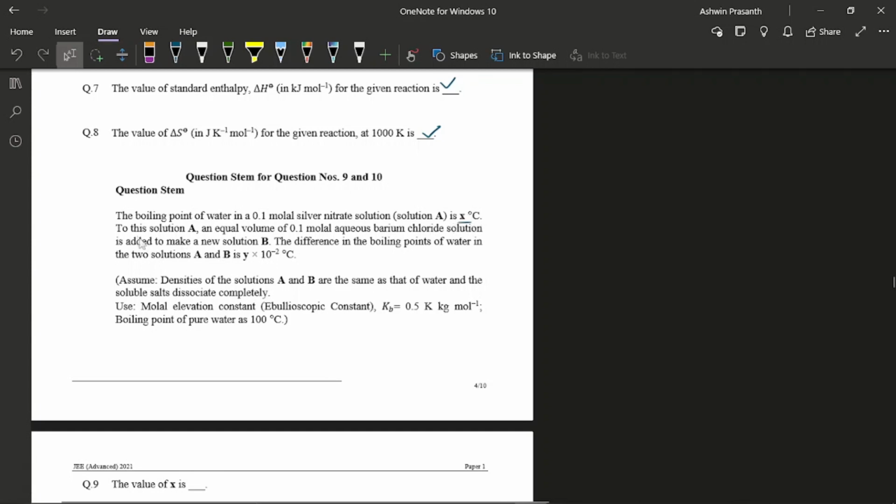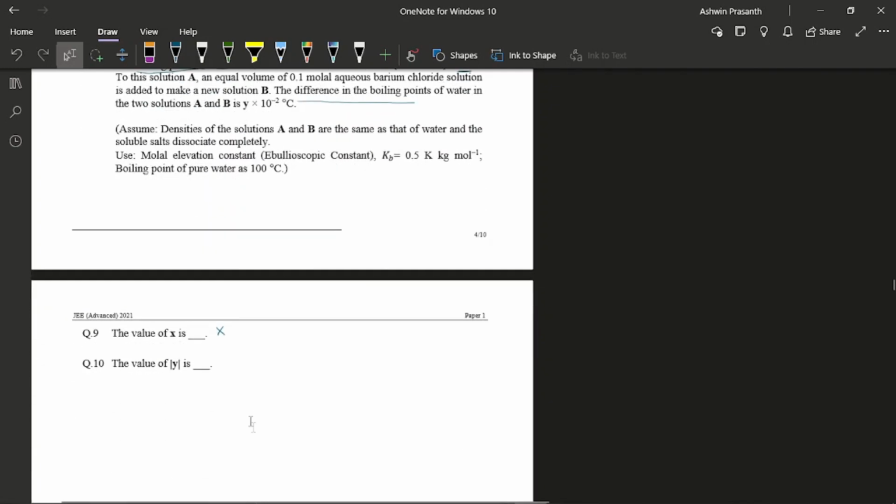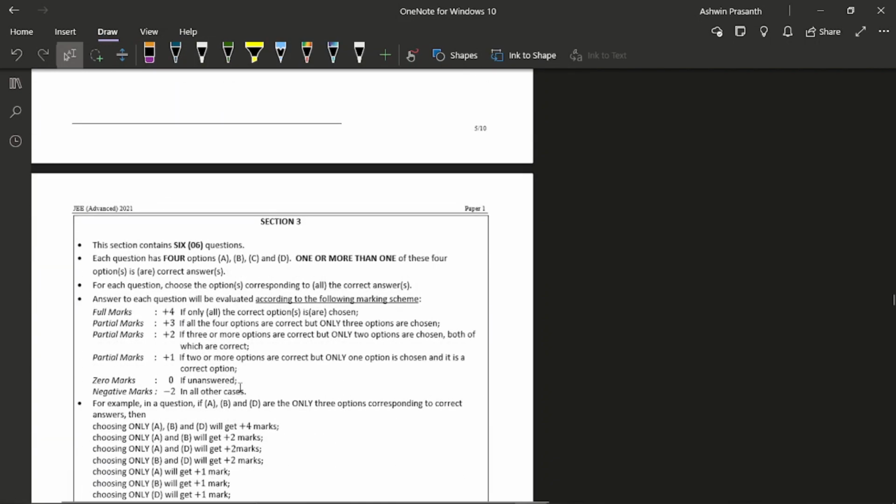They asked boiling point of water, but actually what I reported was elevation in boiling point. So that was a blunder I made because I wasn't careful. Similarly, I made the mistake in Y as well, but here they asked difference in boiling points, so that didn't matter. So luckily I got marks in Y. Anyways, you should be careful in such type of questions to see what they are asking. That's the most important thing, to see what they are asking. So yeah, you should be careful in that. Next, I moved on to section 4.